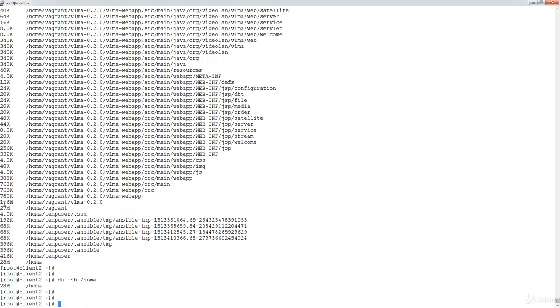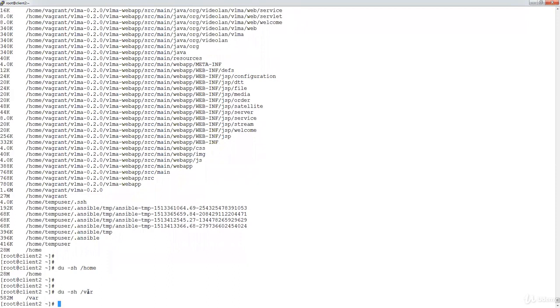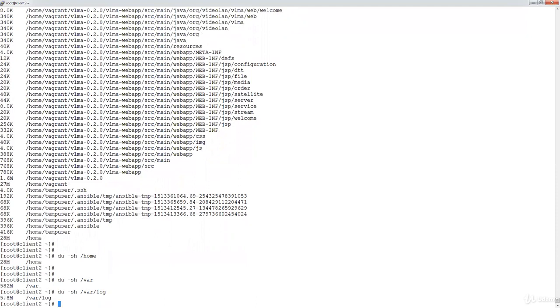So it will just do the grand total of all the files and subdirectories inside /home and provide you the exact size. This is a very interesting one. You can check that my /home is consuming just 28 MB. How about /var? Because all the logs are written under the var. So var is consuming more space, but it's not too much, 582. That's fine. How about my /var/log? Okay, so var log is consuming 5.8. All right, so in this way, we can check the space.